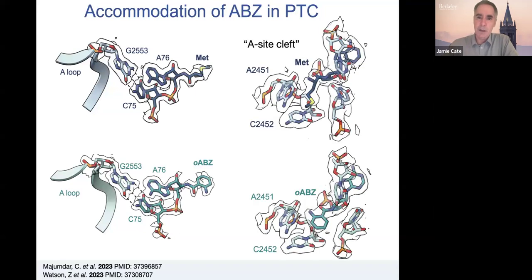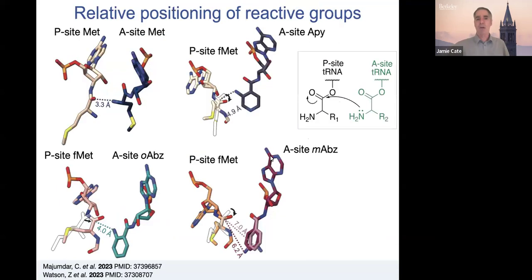Another part of the ribosomal RNA forms a chemical pocket where the side chain part of the monomer packs in. And you can see that also happens with the aminobenzoic acid. So these are fine. It doesn't seem like this is the problem. And again, we're able to use cryo-EM to get this very detailed analysis. So where are the problems?